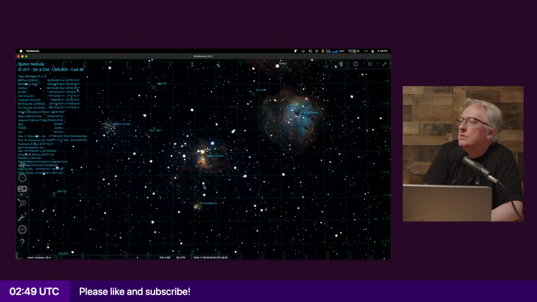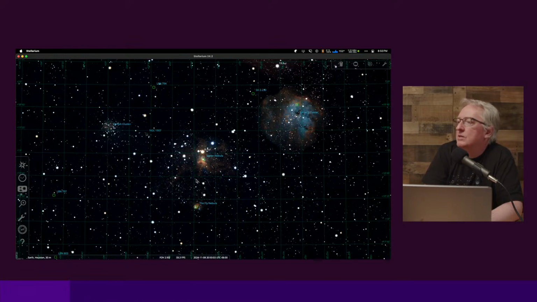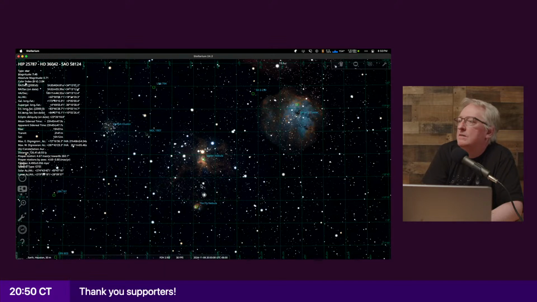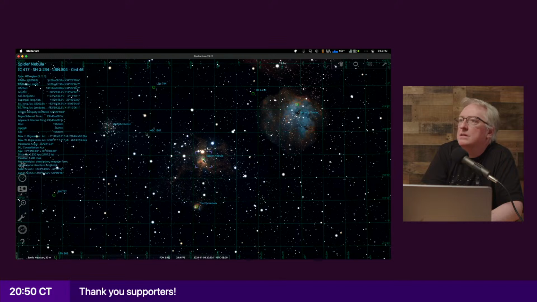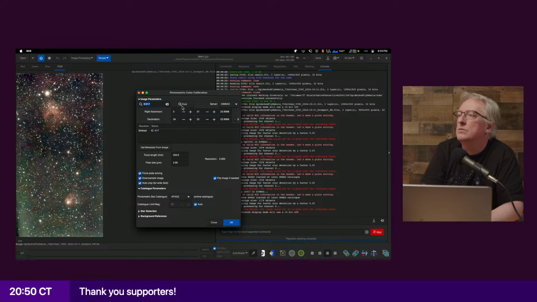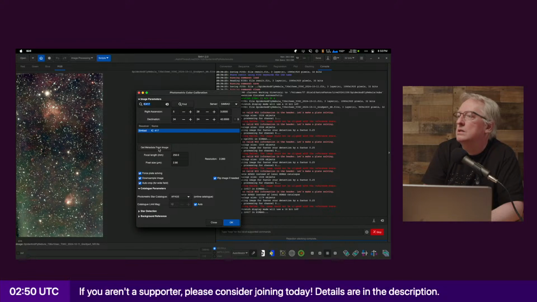Okay, so let me find... I was hoping to find something kind of in between, but maybe that's too much. Oh, maybe I was looking. Let me do IC 417. Maybe I was using the wrong thing. No, that 417 is what it was. And pixel size. But see, I cropped it a little bit. A lot of times when I crop it, it ends up kind of losing its